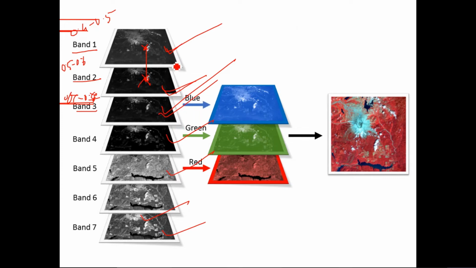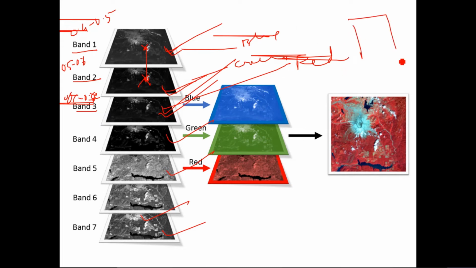So if I assign the same colors to them, for band 1 if I am assigning blue, band 2 green, and band 3 red, with the combination of these three, the image I generate will look like the true image. What we can see if we merge these three colors, if we assign the same colors to these particular bands, is basically a true color composite of that satellite image, isn't it? Do you agree?